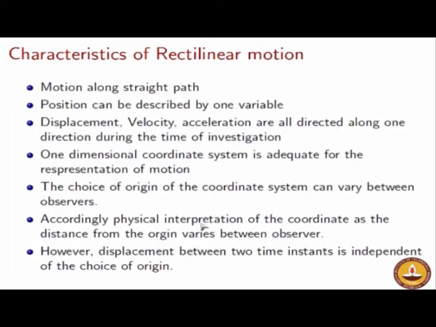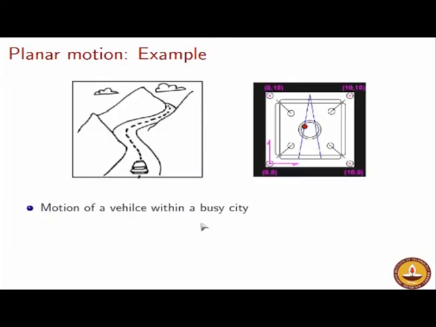Okay, now let us complicate life a little more. Instead of rectilinear motion, we are now looking at planar motion, a motion wherein the vehicle can move within a plane. Though this animation suggests that it is moving through some hills, it is not actually ascending over the hill. The pathway is at the same height. But now if you have to describe the motion of this car as it goes through this track, you have to necessarily use two variables, one for x and the other for y.